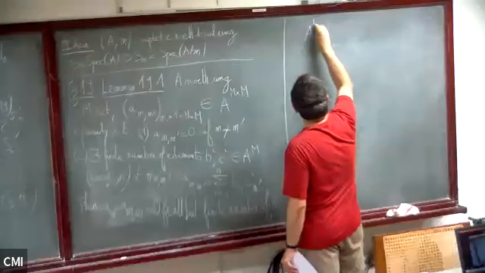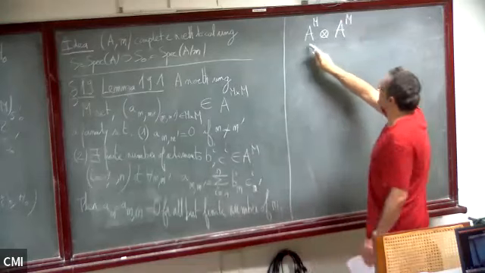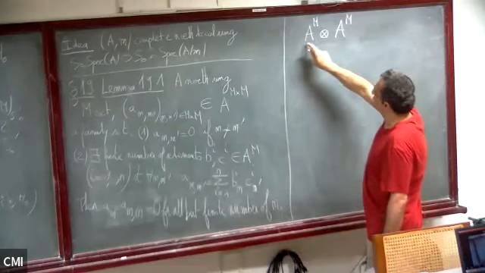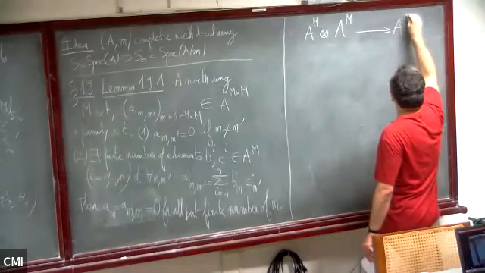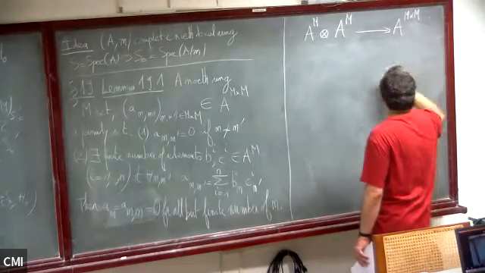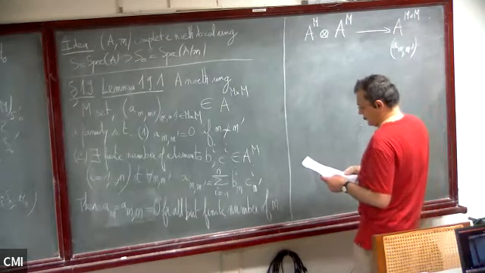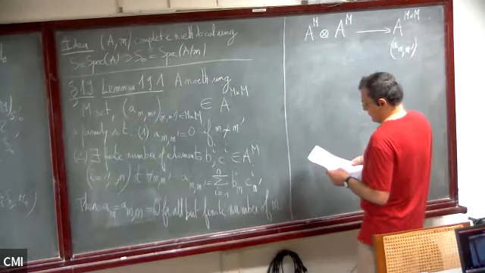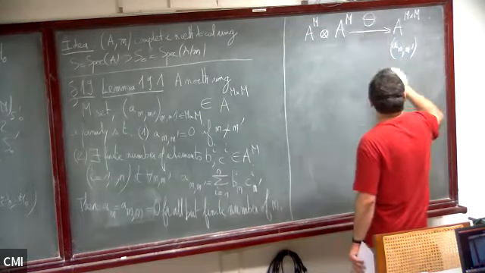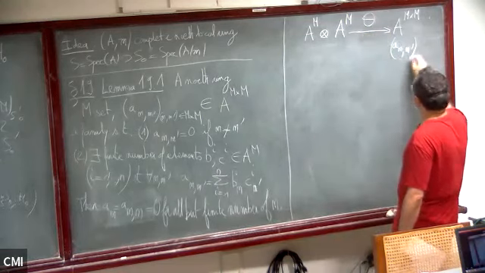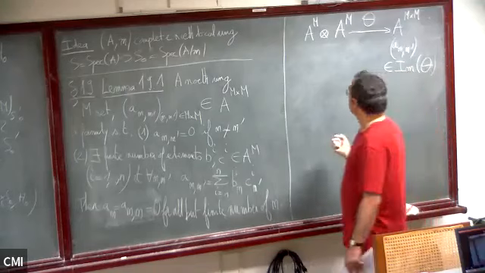So consider this product of copies of A, and we consider there is a natural map from this larger ring here. And we have a family here, M M prime. So let's call theta this natural map. So the second point is that this family lies in the image of theta, and